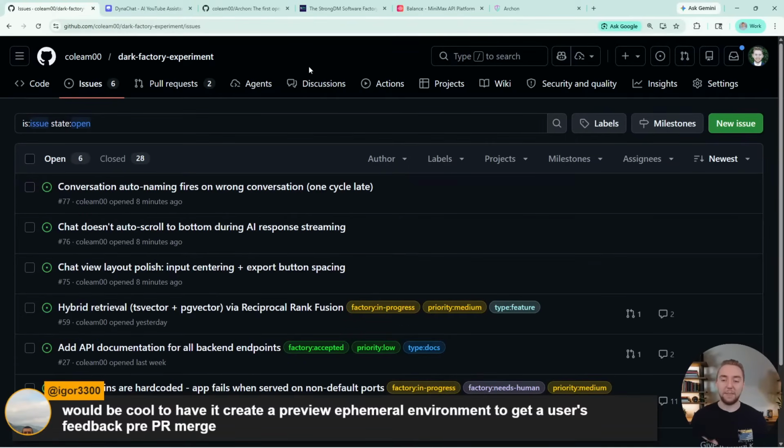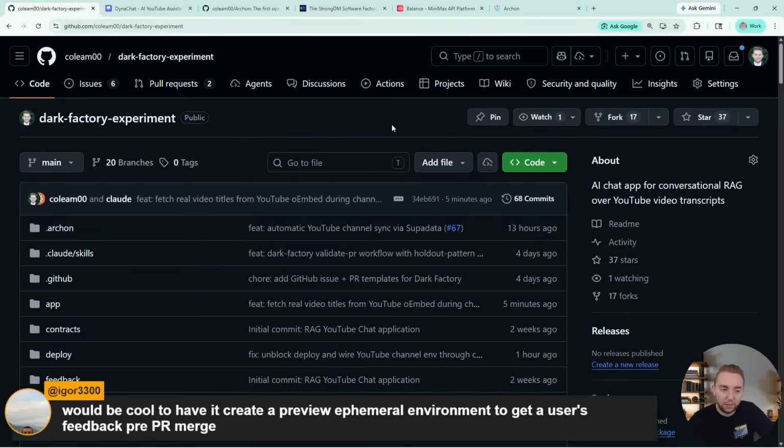So Igor, if I were to create a version of the Dark Factory that's a bit more toned down to be more reliable, your idea is fantastic. That would be super cool. So not something I would build right now for the sake of the experiment, but one of the other things I am thinking about with this whole Dark Factory experiment is I just want to see how far I can take it, see what kind of reliability issues come up when I have no human review at all, and then play around with how we can build the validation in a way that actually works.